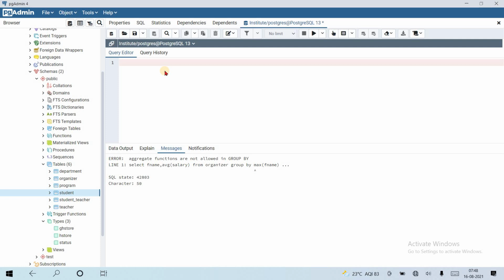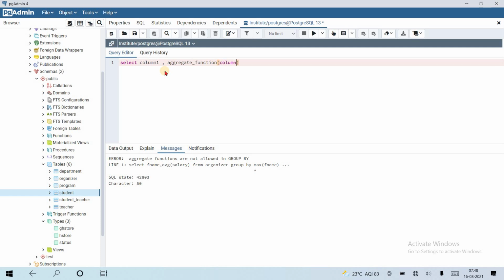And the syntax is: SELECT column 1, comma, some aggregate function. We can use it with GROUP BY also, I have done it right now. Suppose column 1, aggregate function. Here I am just using the aggregate function for reference, to tell you that we can use it like this.